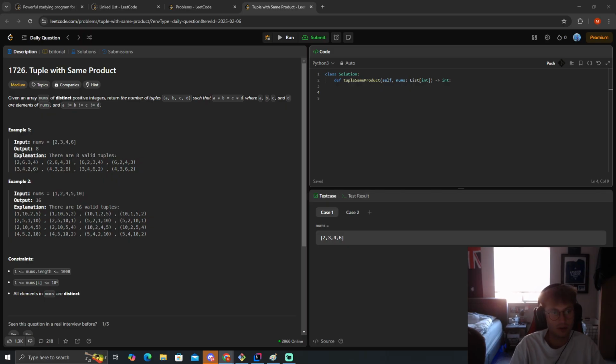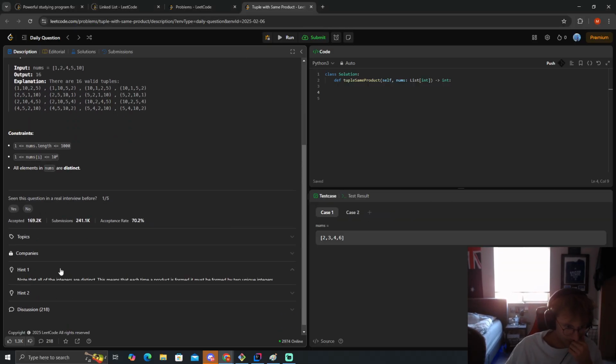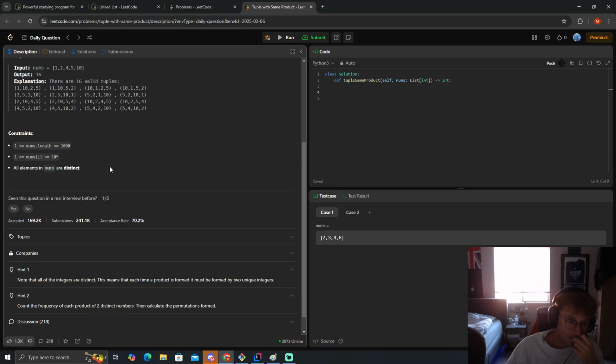I'm actually not sure kind of where to begin this. Let's take a look at the hint. And calculate the permutations formed. So we got to think about